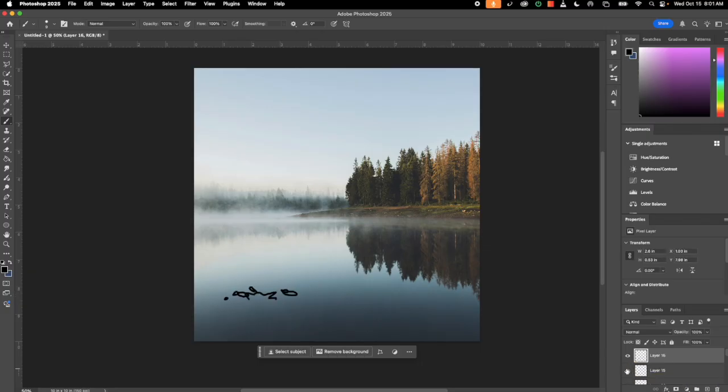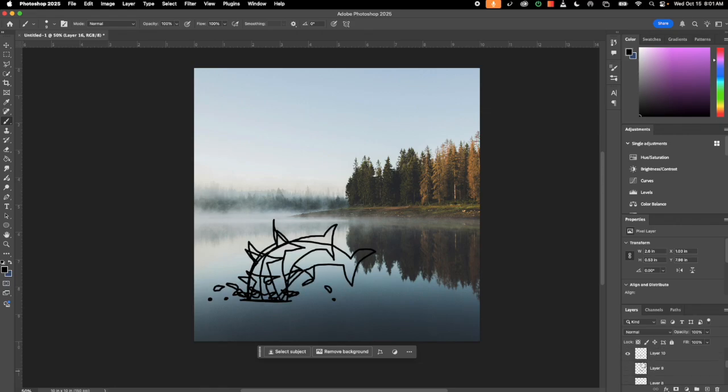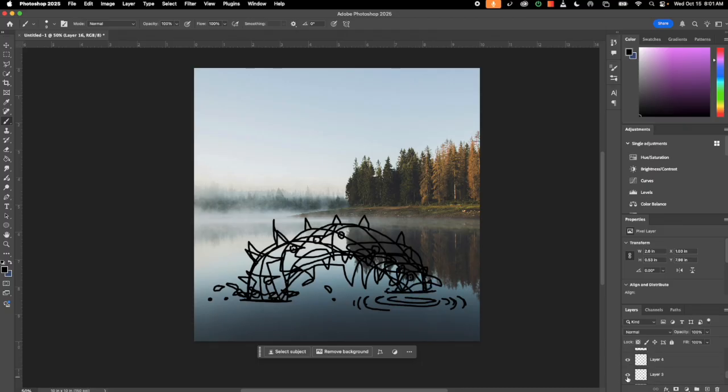Okay, so I should have all of my frames in separate layers. I kind of did a messy job on this, but that's okay. It actually ends up turning out better than you think it will when you put it all together. You don't have to see all the frames, but I'm just going to do this so you can see what it looks like. So there's all my frames of the fish jumping, and then I still have my background in a